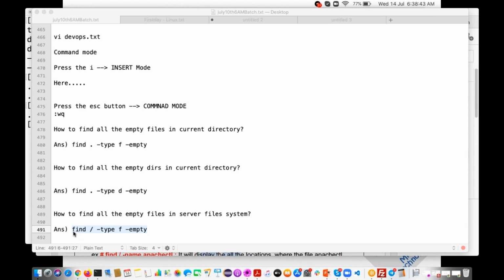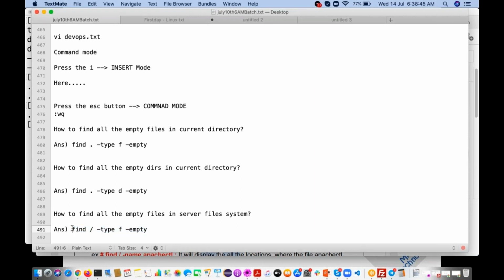No. So you have to execute this command as a root user, then only you can find all the empty files. Otherwise, you are going to get the error, permission denied. As a normal user, if you execute this command, you will get that error.